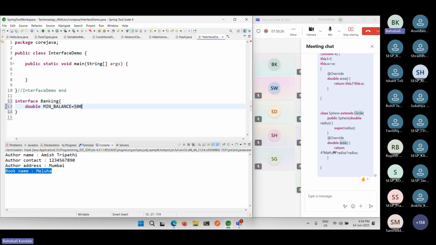₹500. Okay. So that's by default static and final. That means we can't change it. It's by default static and final. After that,